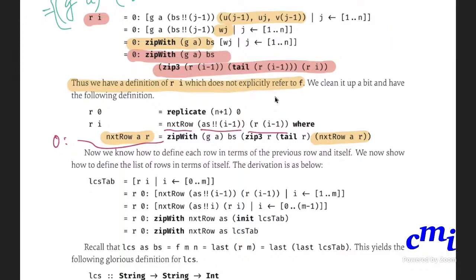So in this function, when you do next row AR, does R refer to R of I minus 1? No, R does not always refer to R of I minus 1. It could refer to R0, R1, R2, R3 in general. When you're doing Ri, then the R refers to R of I. That is why I'm saying Ri minus. But in the one which you highlighted in red, the last term of the zip3 is also Ri. No, but remember that this is not the last term. I'm doing the next row function, I am applying it on all this.